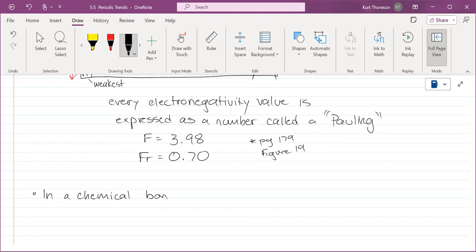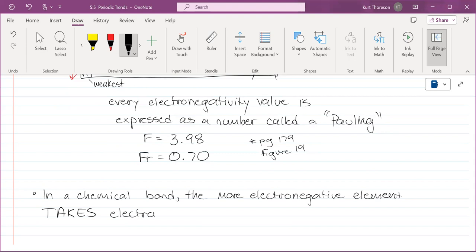In a chemical bond, the more electronegative element takes electrons, the less electronegative element